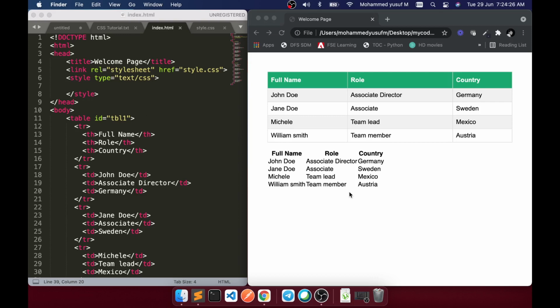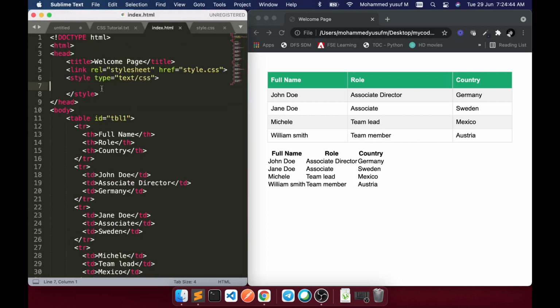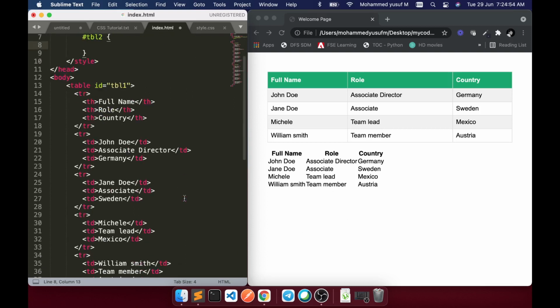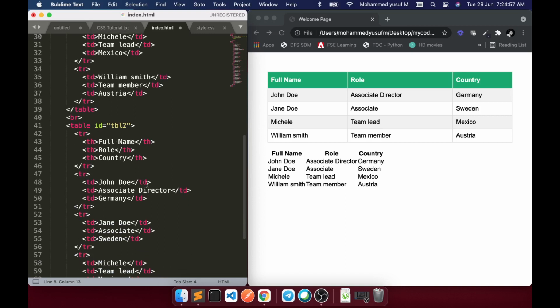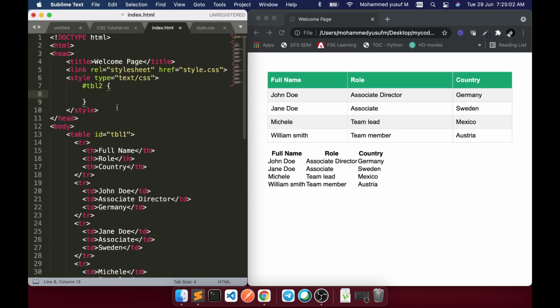Now, I have given a table 1 style for the first table that makes the table look like this, and the stylings are coming from the style.css file. But we are going to style the second table, table 2, with the same styling and learn how to do that. That is the objective. Let's quickly get started. First, I'm going to target that table 2 id itself. As you can see, we only applied an id, and with that id we have done all the stylings. Let's do the same.